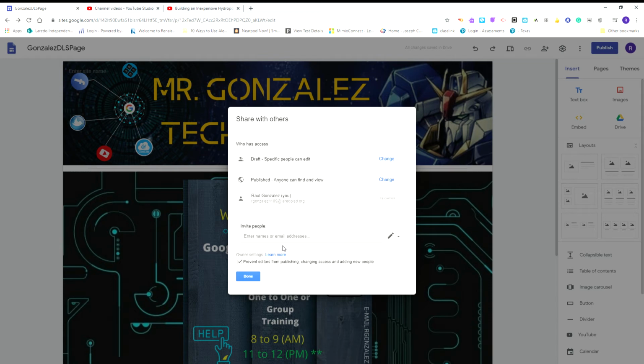Okay, once you change it, you click save. Make sure you prevent editors from publishing and changing access, if you give access to somebody else. You can invite people to your web page to give them access. So if you're in a team, and three or four people are building the same website or contributing to the same thing,